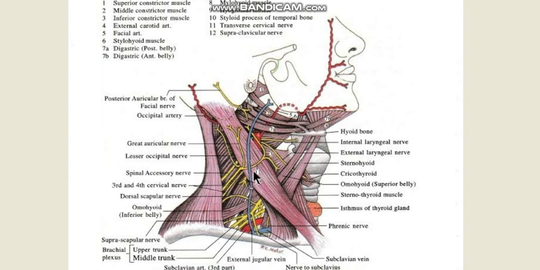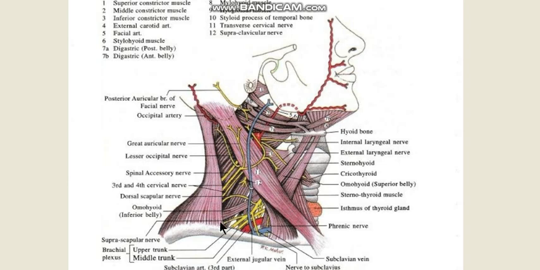and over the levator scapulae you can make out the spinal accessory nerve and the branches from C3, C4 accompanying the spinal accessory nerve, and arising from the brachial plexus and going up you have the dorsal scapular nerve, which is the nerve to the rhomboids, and you can make out the occipital artery near the apex.